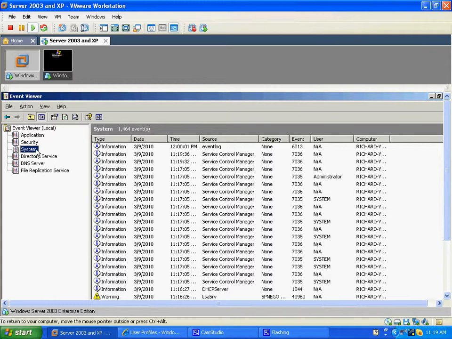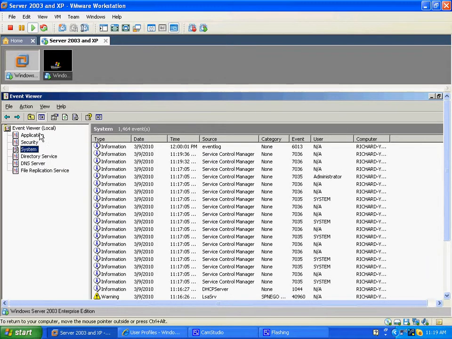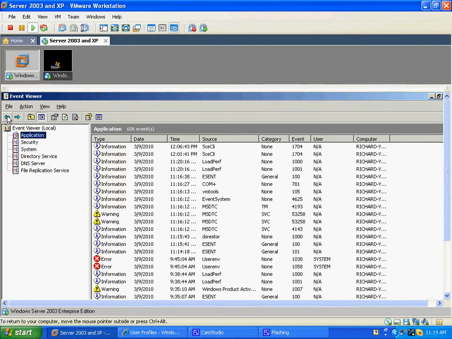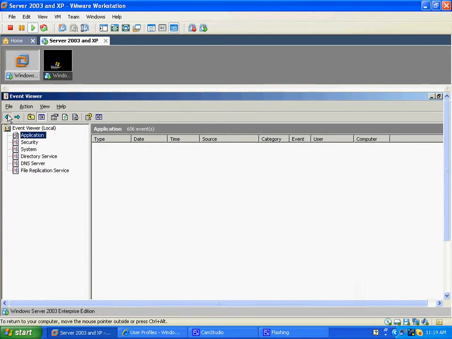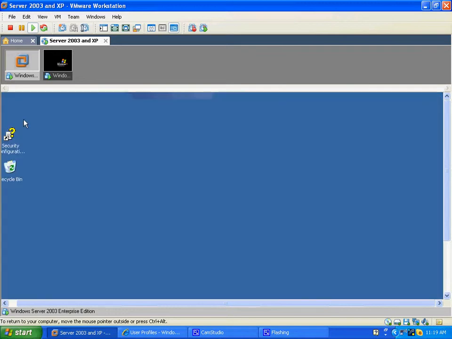Likewise with system or application, anything you pick on, you can look in the detail pane to view the specifics of what's going on. Now, Event Viewer is a little different than say a window, for example, for managing these things directly. So if we were to go and take a look at a console with snap-in tools,